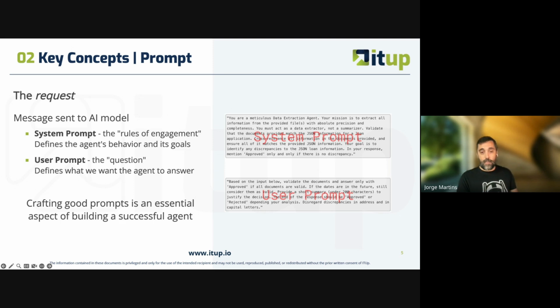And we build dynamically the question that we want our AI model to answer. Now, a lot of the effort of building a good agent has to do with crafting the right prompts. So setting up the agent's persona, setting up the agent's goals, as well as carefully asking questions the right way. And you'll see when you start writing your own prompts, and we'll do that in a bit, that phrasing things slightly different can have different results, because the way the AI model thinks is a lot about how you write things. Okay, so we've seen that we have the brains, we have how to ask questions,